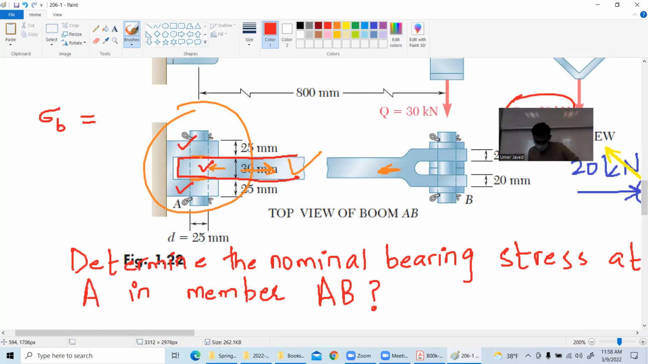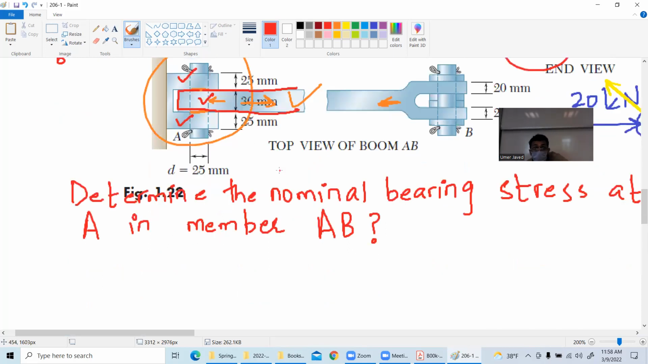Okay, so let's do it. The answer is stress equal to force divided by area, right? Okay, what is the force? What is the force? 40, correct? Determine the nominal bearing stress at A in member AB. So member AB has 40